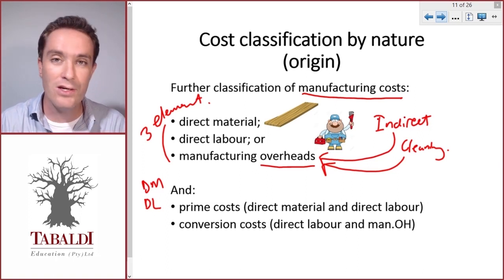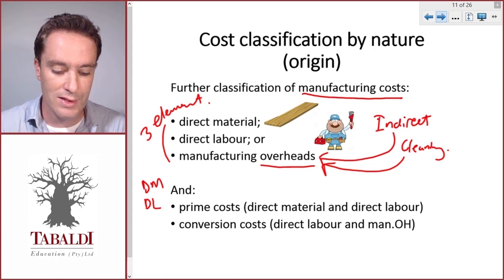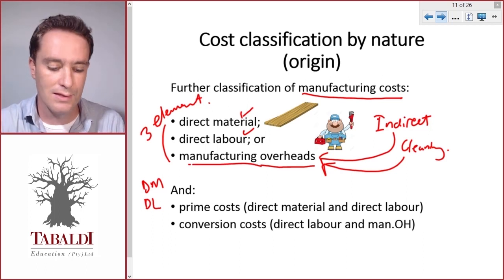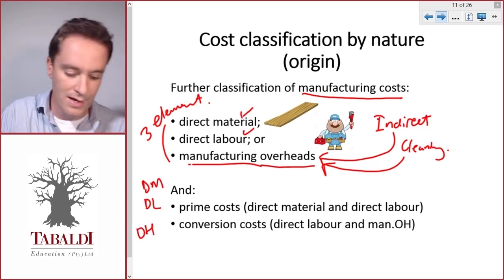So we can see the 3 cost elements, that's our manufacturing costs. The 3 cost elements consist of direct material, direct labor, and basically then everything else falls under manufacturing overheads. So I'll write overheads there. And then finally,